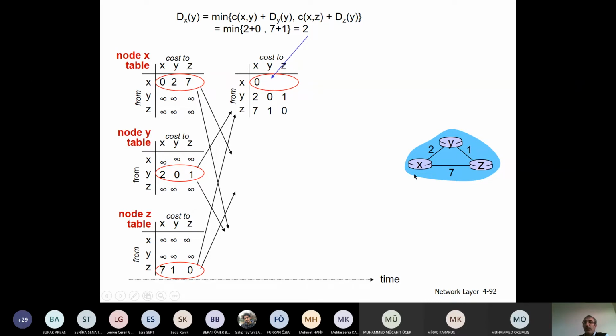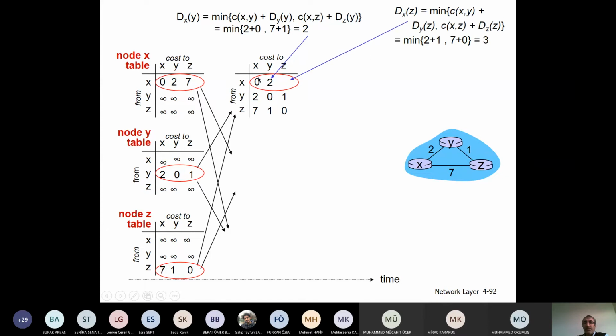Which one is the minimum? Of course, this one is the minimum. That's why we put 2 here. Now let's calculate the cost from x to z. Initially, it was 7, right, in the first time slot. But now, after I get this DV estimates from my neighbor, I need to update this. And let's look, by updating, we need to calculate this again,